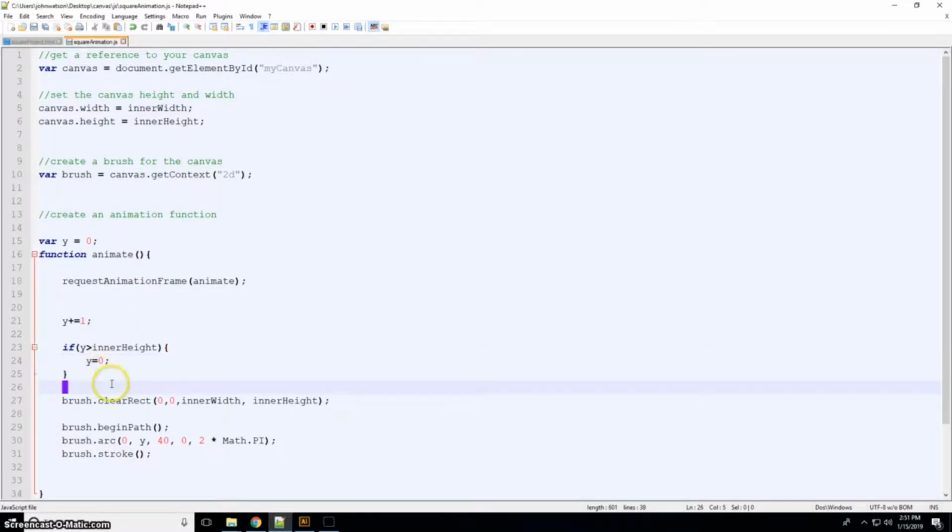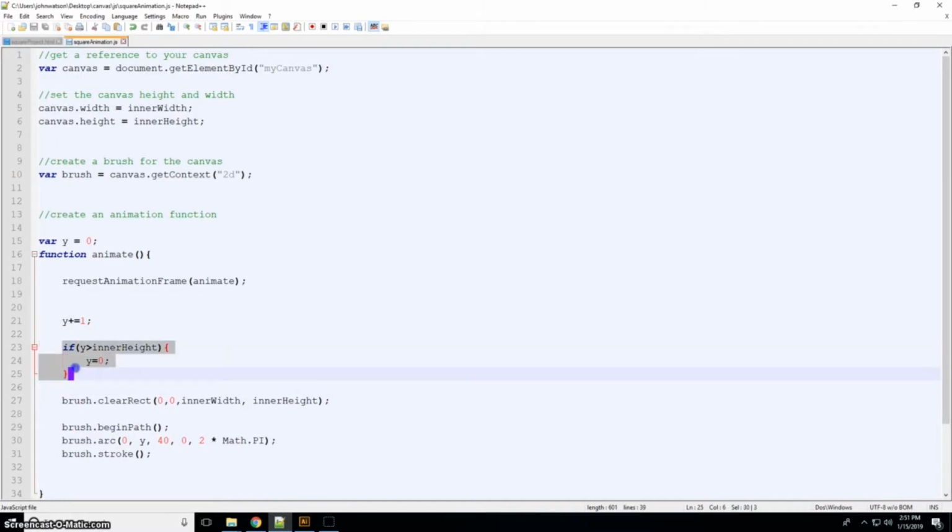Okay, so let's save that and refresh my page. So y is approaching the value of inner height, which is this value down here. And watch what happens when it reaches. It starts again. Okay? So this little if condition here will allow me to